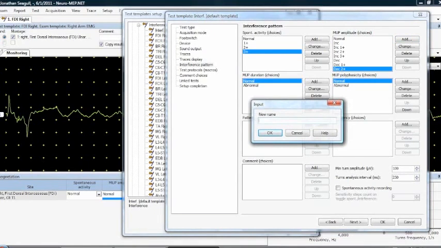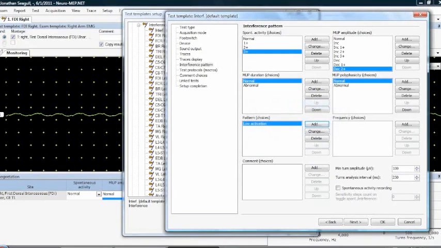Pattern is low activation or high or increased activation or complex or simple, whatever you want to call it, just add it and do that. And frequency, you can add frequency, and you can add comments here also. You can say, well, this is neurogenic, this is myopathic, and so forth and so on. So now you show that, and the next thing you're going to do is you're going to go and say,